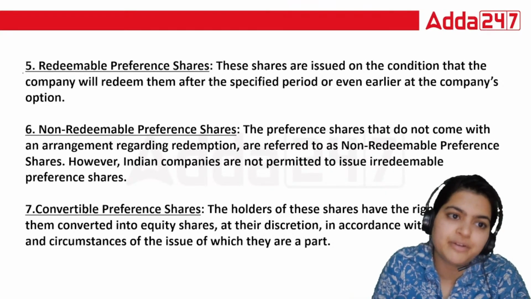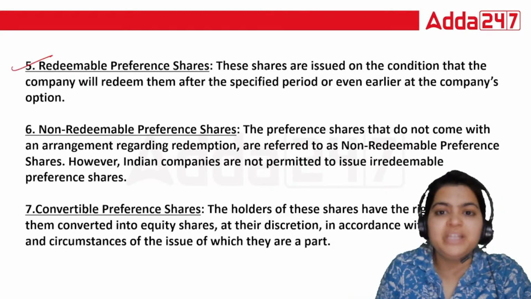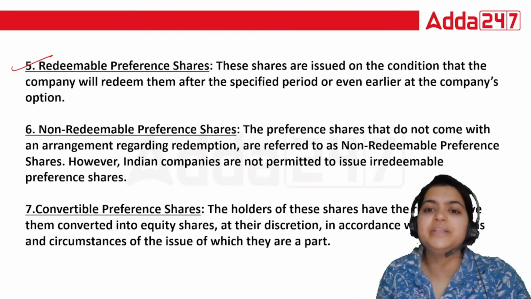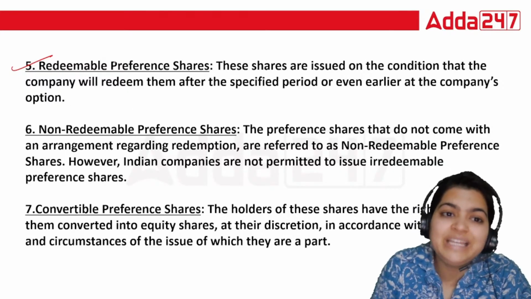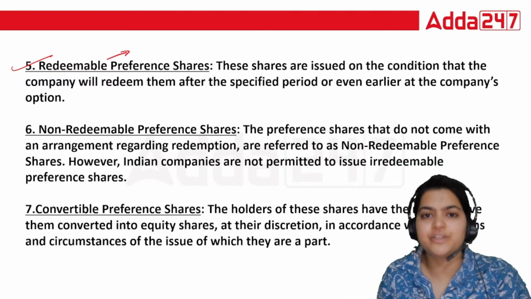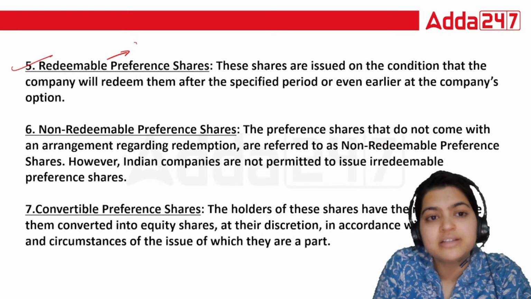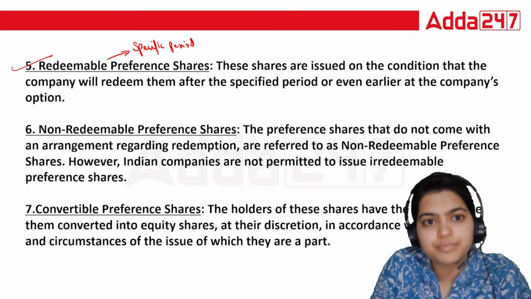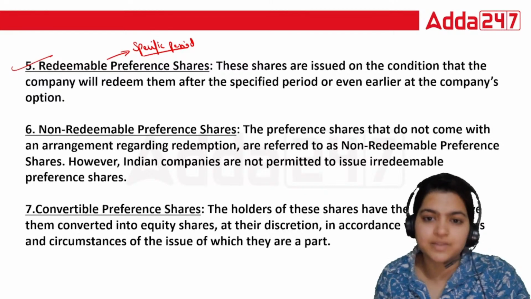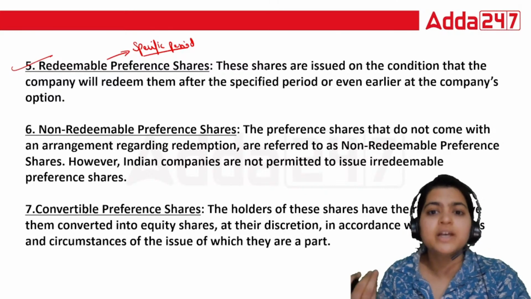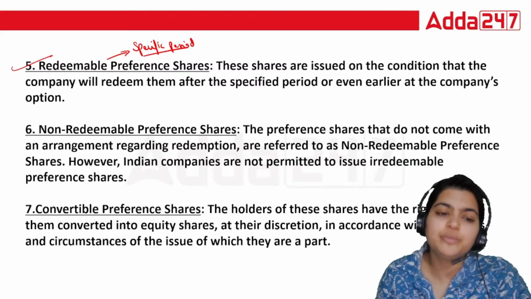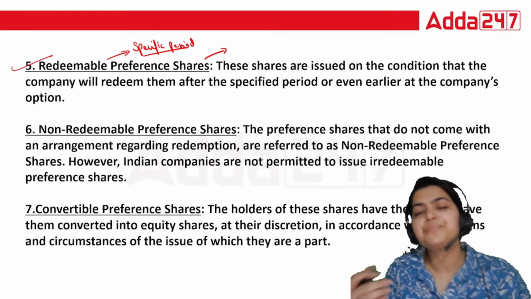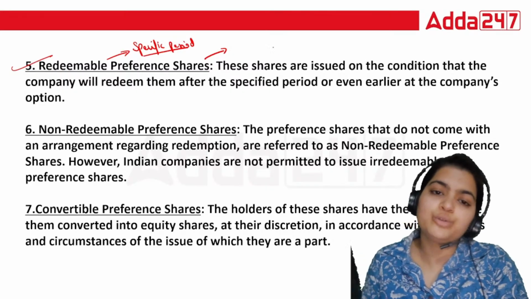Then you have redeemable preference shares. Redeemable preference shares means you will be issuing preference shares as a company, but for some limited time period. You will redeem them after some specific time, like you are issuing for 4 years, 5 years, 10 years, like that. So that is going to be redeemable. Now one very important point here, let me tell you now also. We will be repeating that point again, don't worry about it.